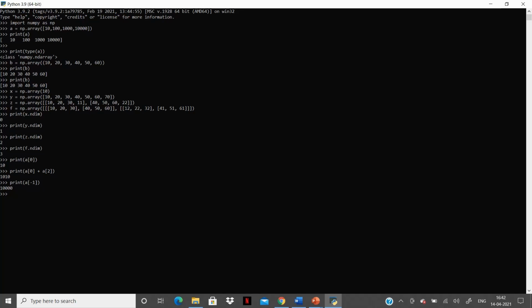Let's access constituents in two-dimensional array. We've created an array AB using these two arrays of values. Let's get the third constituent from the second dimension in AB. Here, the first argument represents dimension and the second argument is the index. Since we are trying to pull the third constituent from the second dimension here, the index would be 3 minus 1, that is 2. We've got 81, which is the third constituent in the second dimension of array AB.